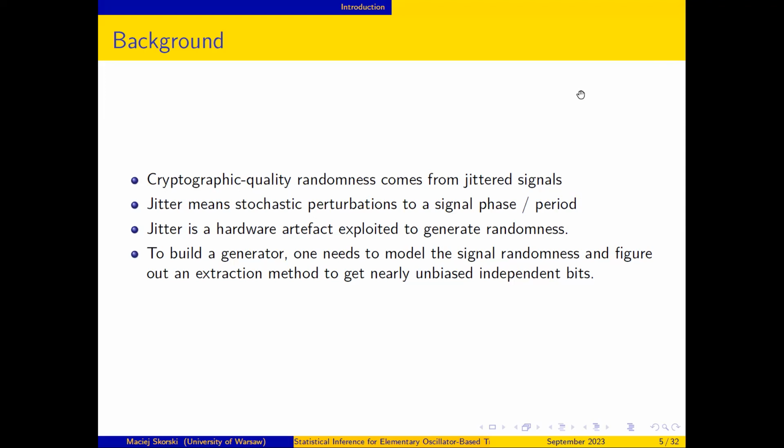And this jitter is actually an artifact. Manufacturers don't want this jitter to be produced by their devices, by their chipsets. It's an unintended effect from the manufacturer's perspective, which, however, can be exploited by researchers, by scientists, by cryptographers. So, in a way, there is a race between manufacturers, who want to reduce the level of jitter in devices, and researchers, who would like to exploit this unintended but, from the random number generating perspective, very useful phenomenon.